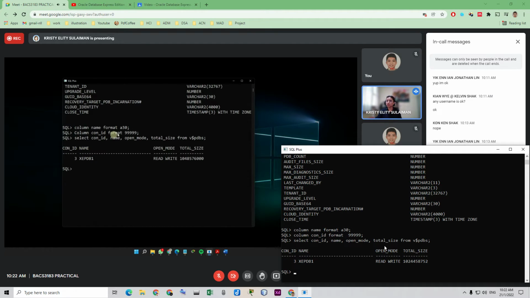If you notice here, we set it previously at 30. So this one is 30, the column format 30, ID here, and then the open mode and the total size. So this one is our current container name.